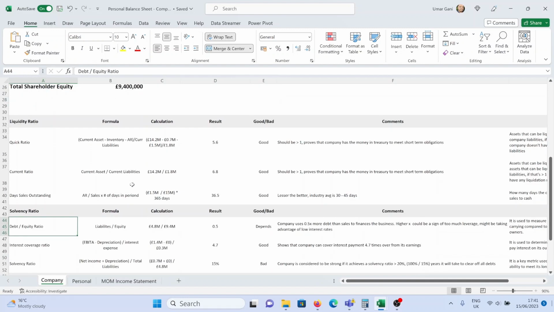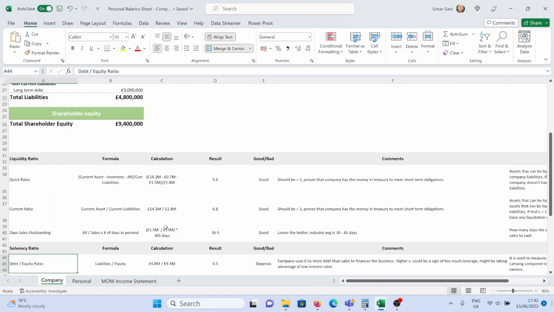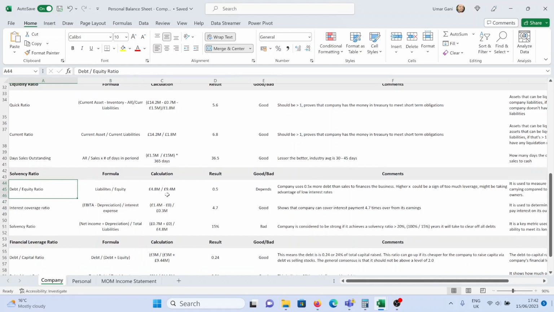Your total liability is 4.8 million. The equity is 9.4 million. The value is 0.5. So the company uses 0.5x more debt, nearly 50% more debt, to run the company. Basically it uses 0.5x more debt than equity